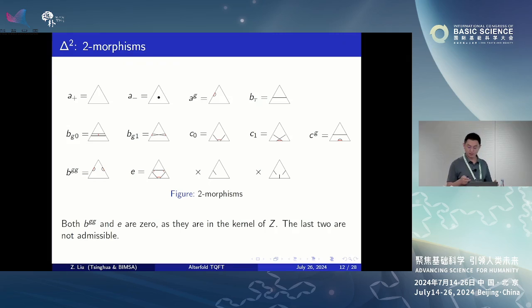And here we write down all possibilities. First, we fix the boundary condition, and we write down all possibilities. Actually, the last two have no compatible condition. Here it means tau, 1, 1, and tau corresponds to just a single point. But when we connect them by the surfaces, we will have the parity check. So this has no compatible condition, and these two won't give us a reasonable two morphism.